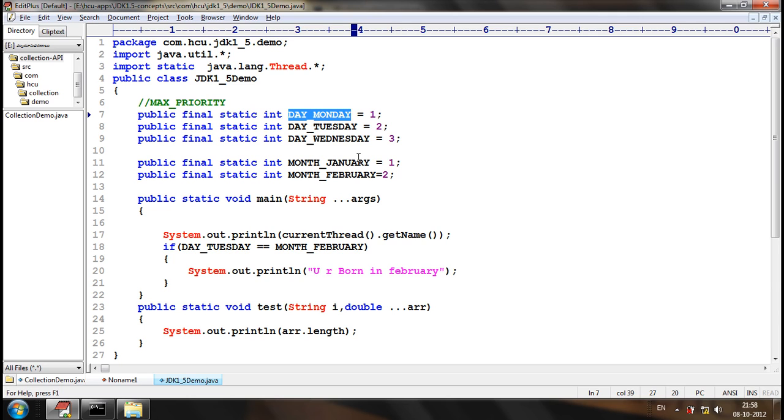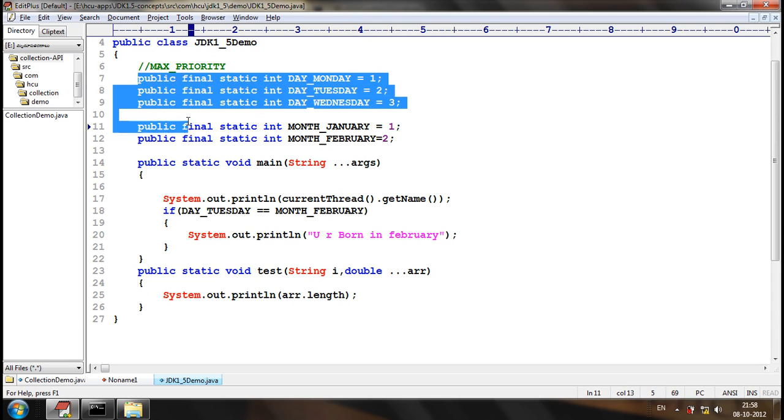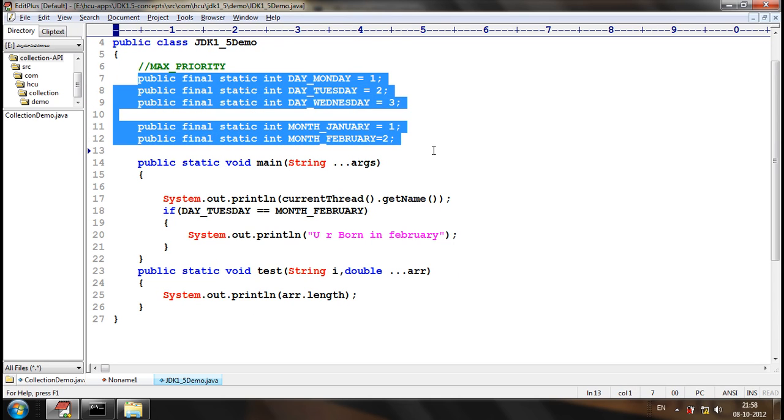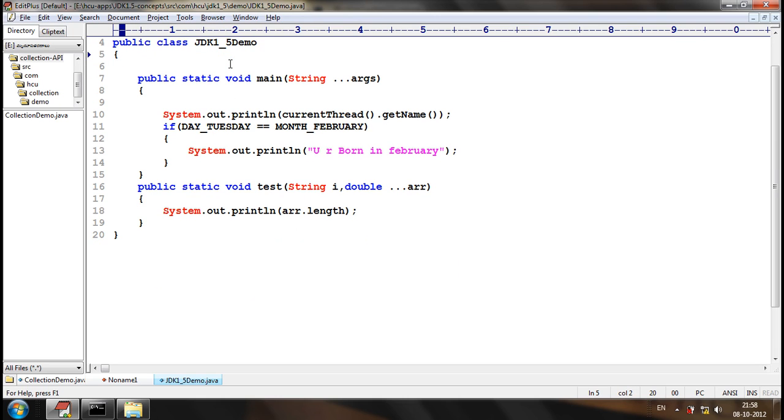Understood? Now let me have some enums. Let me remove the final static constants and let me have enums. I told clearly that enum is also an entity. Like a class and interface, there is an enum.